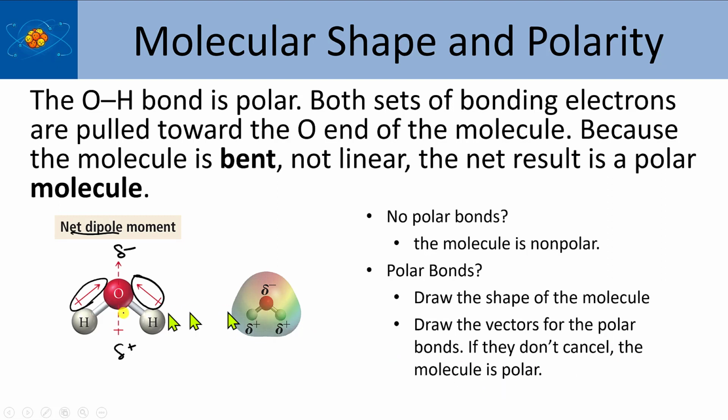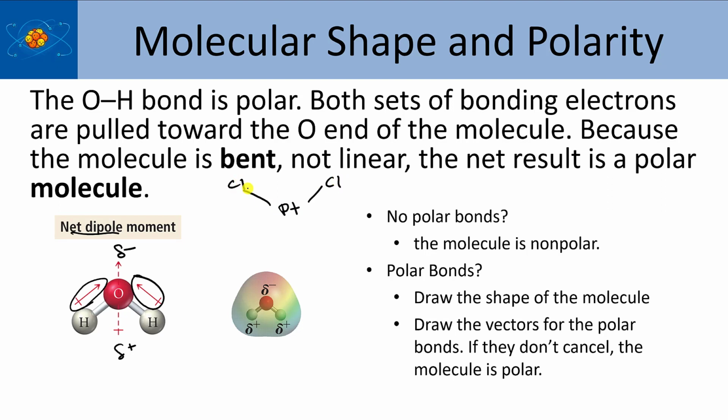But again, think of the rubber bands. The vectors are just the directions in which the polarities go. If they don't cancel, the molecule's polar. But you can also think about it as rubber bands. So, for example, if you have